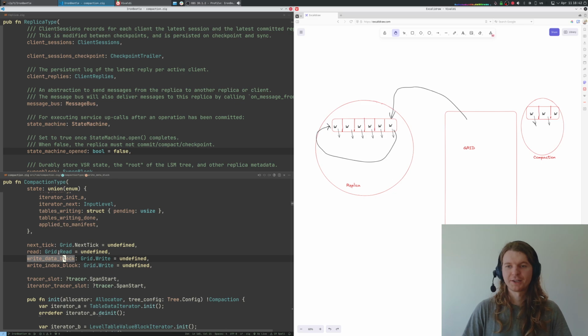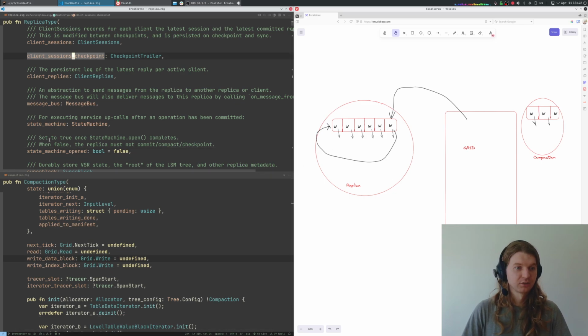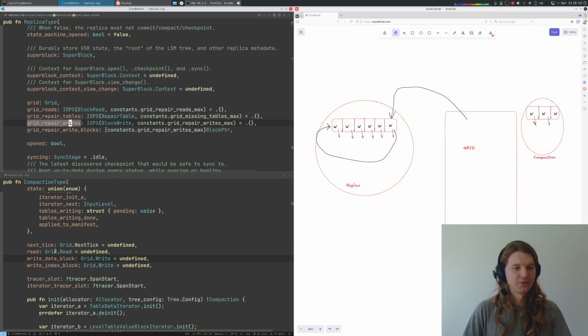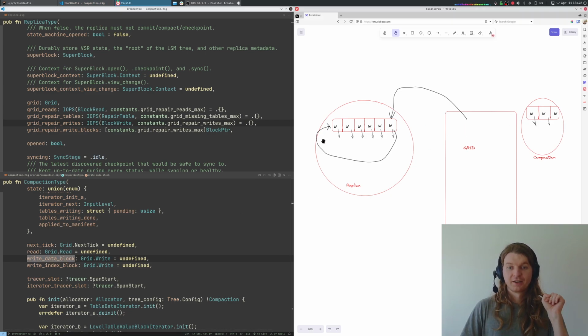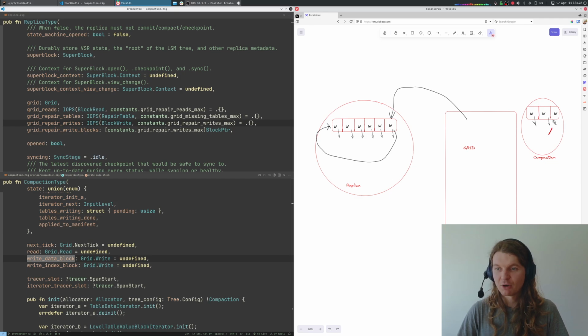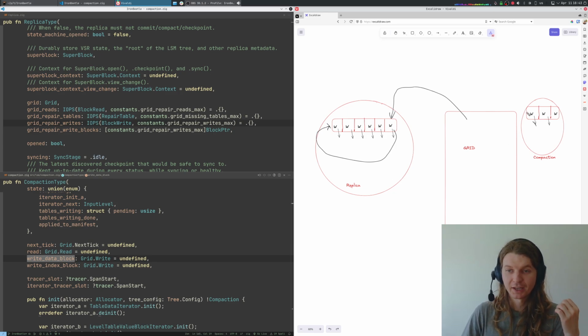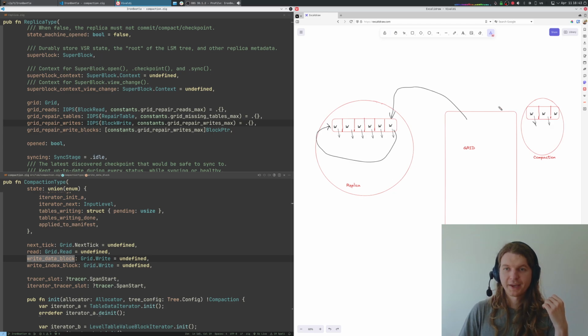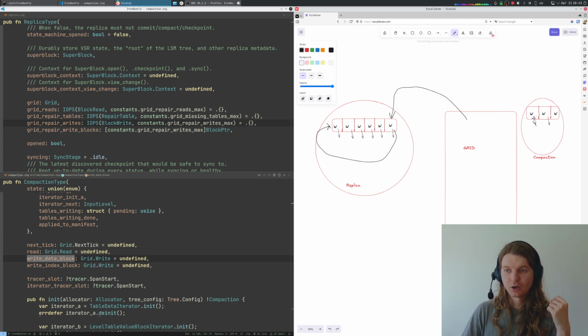And compaction stores writes here. So this is replica here. This is compaction here. The cool thing here is that if now compaction, okay, I'm pointing with my finger, but obviously that doesn't work. If now compaction tries to take this write and go to the grid, and the grid says, okay, this doesn't work again, then what will be happening is that we'll go and change this pointer,